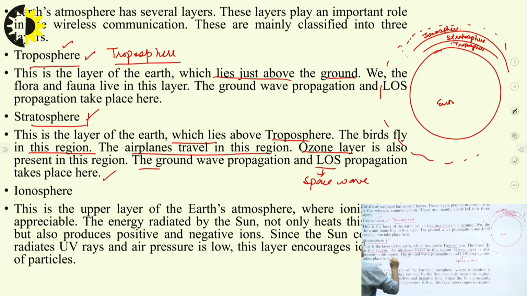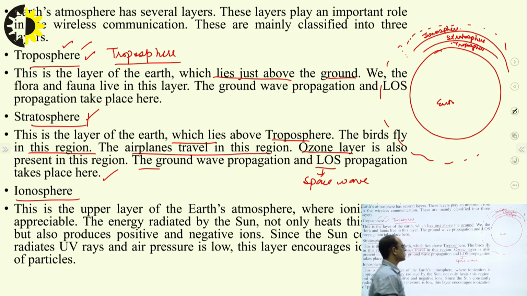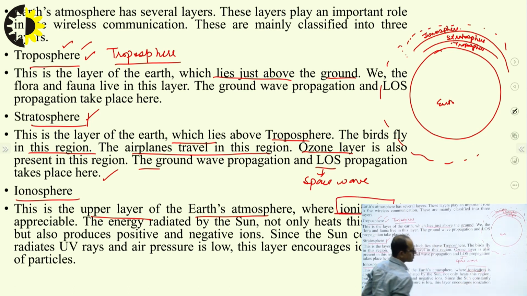Propagation takes place in this layer, that is the stratosphere layer. And in the troposphere also there is line of sight communication in ground wave propagation. Now the next layer above the stratosphere is the ionosphere layer. This is the upper layer of the Earth's atmosphere where ionization takes place. This ionization is mainly responsible for the